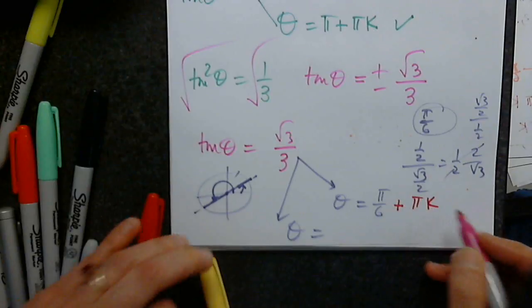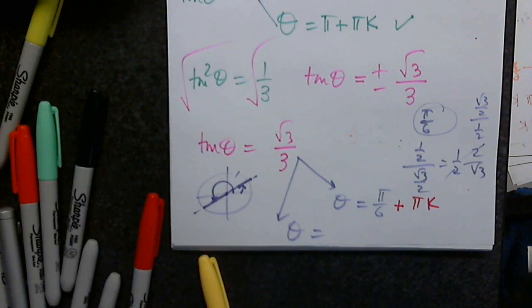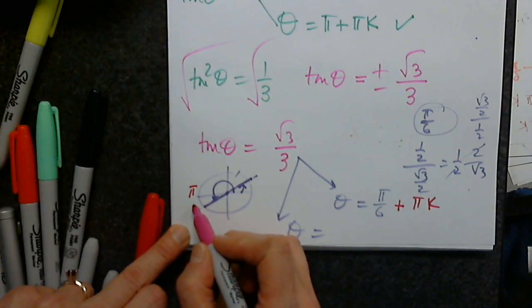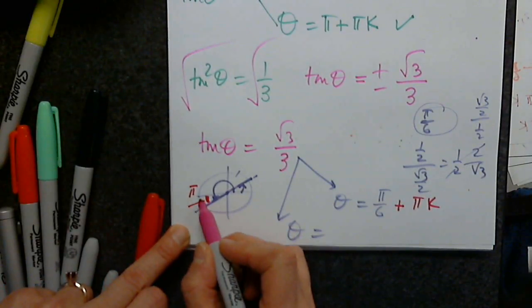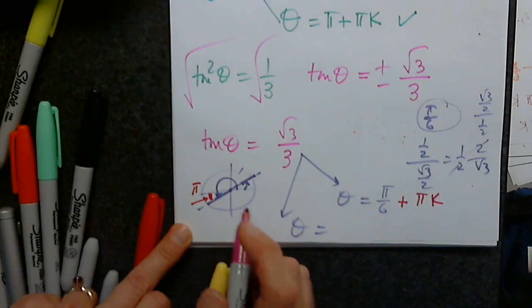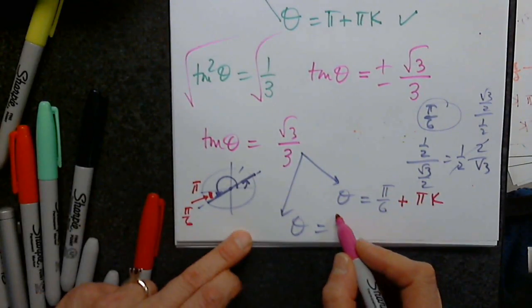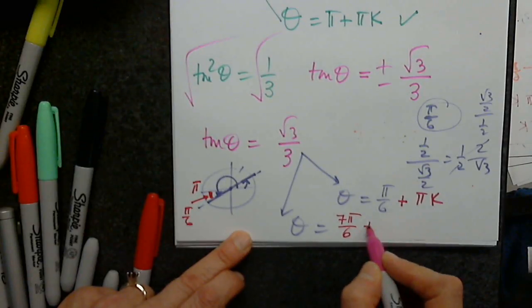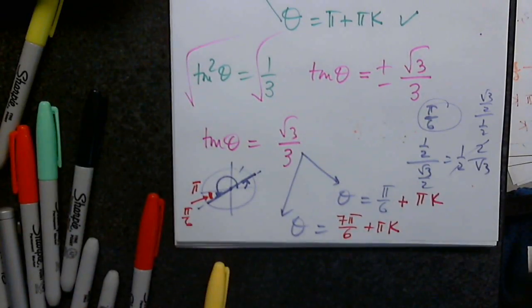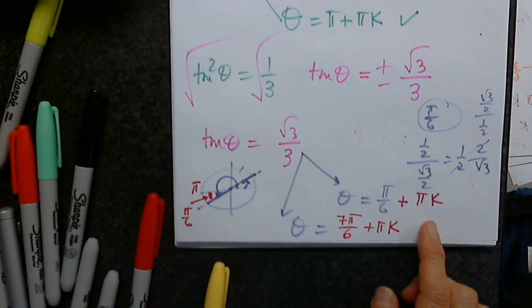Very good, because the period for tangent is pi. And what is the other one? Knowing that this is pi, and this reference angle is how much again? Exactly. So pi plus pi over 6 is? Yes, you can condense them. Pi over 6 plus pi k basically